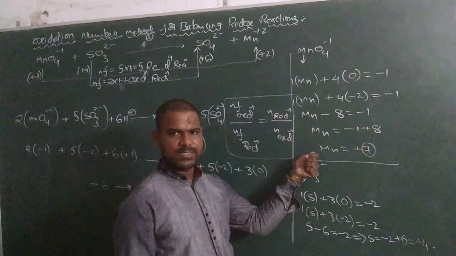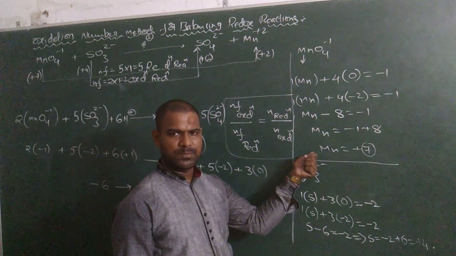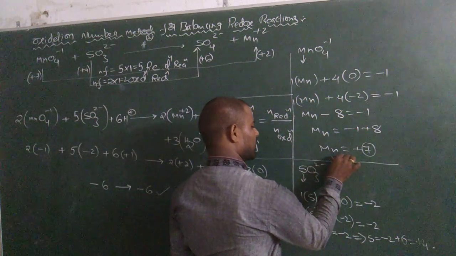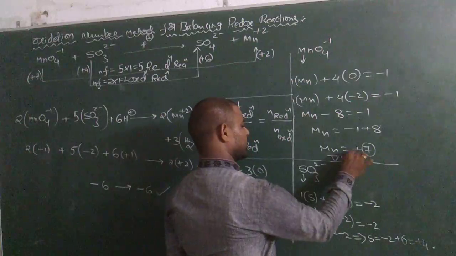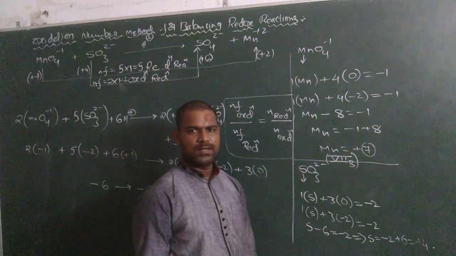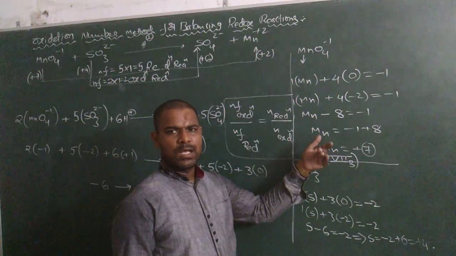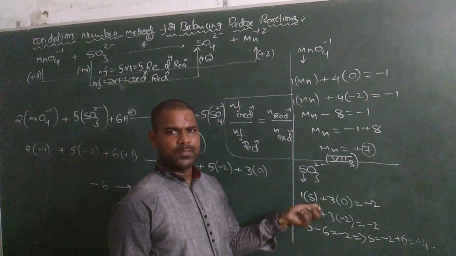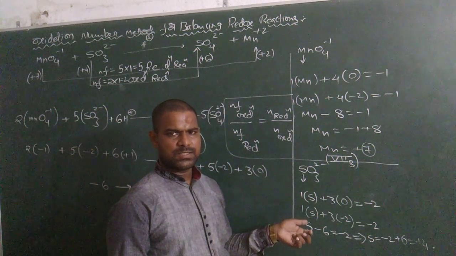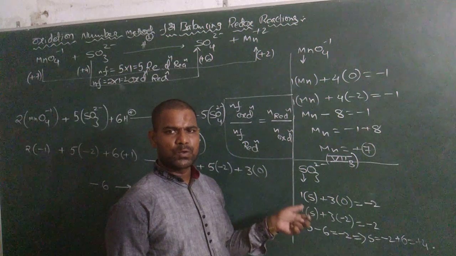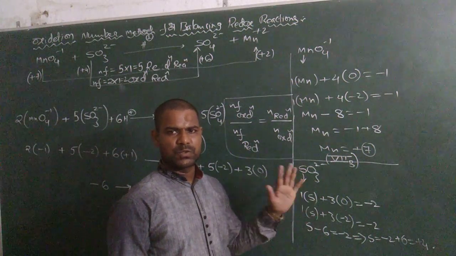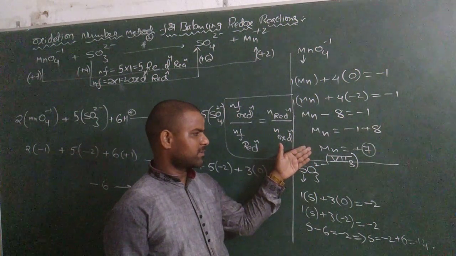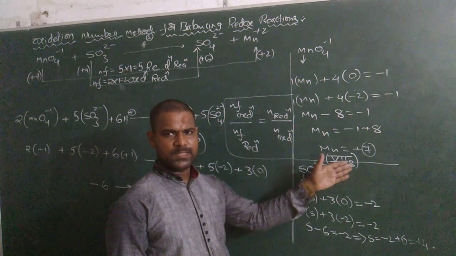So here we will say that manganese belongs to the 7th B group according to Mendeleev's periodic classification. That's why the oxidation state we got here, +7, is correct, because any element cannot show more than the oxidation state of its group number, and it cannot show less than the oxidation state of its group number minus 8. So here, when we check oxygen and manganese, manganese is from the 7th B group, so it can exhibit +7